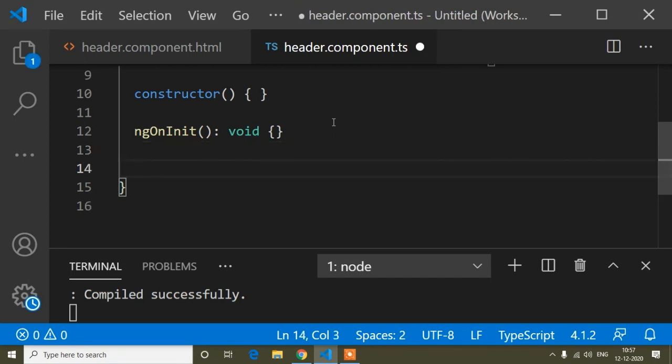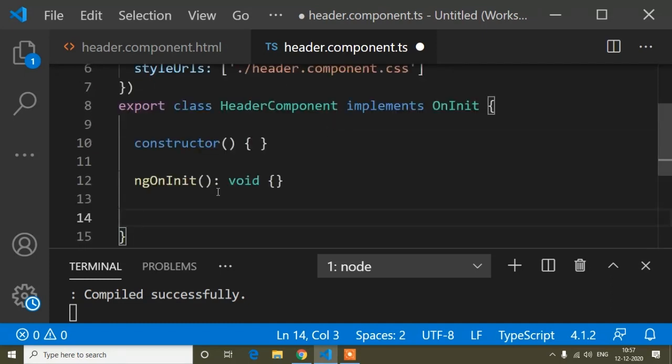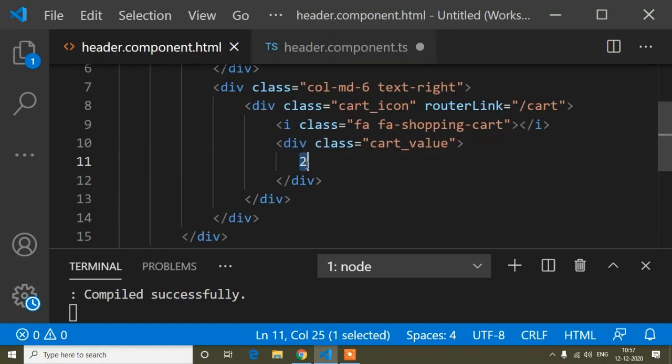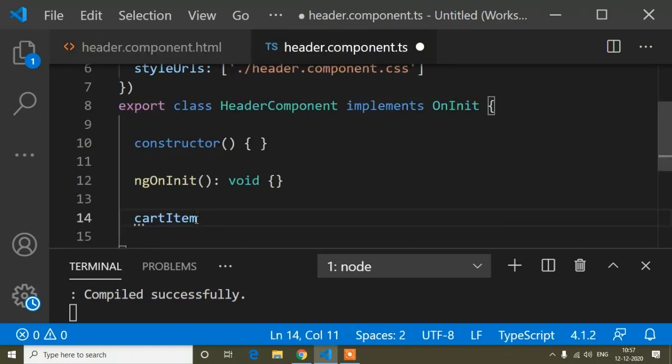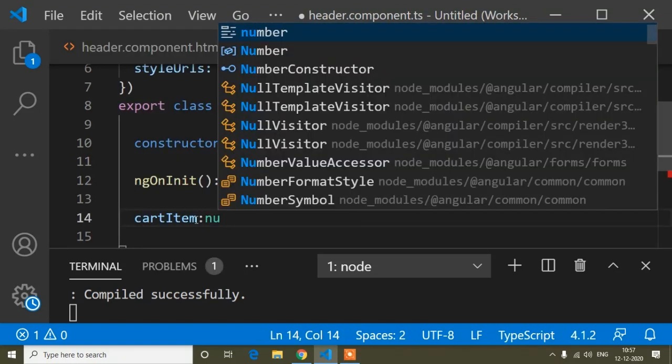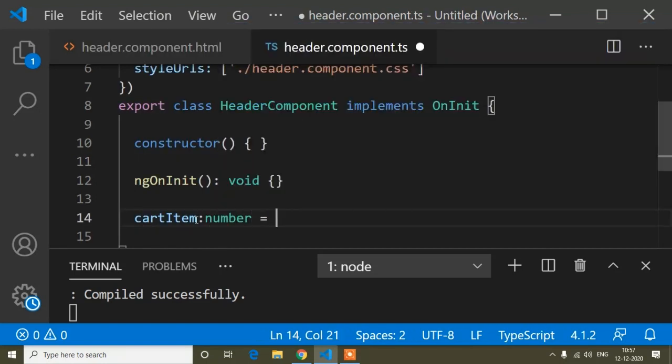Now, below the ngOnInit, not inside ngOnInit, just below it, I will write a variable. The variable name is cartItem, and you can use any name for this variable. The type is number, and I will set the default value to 0.